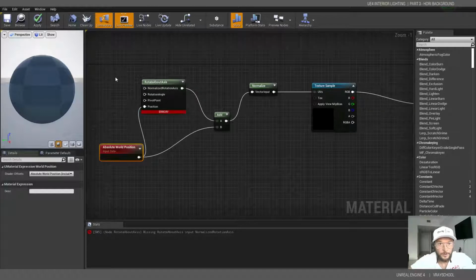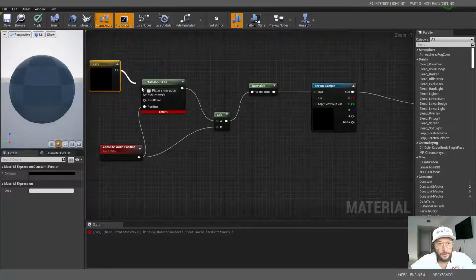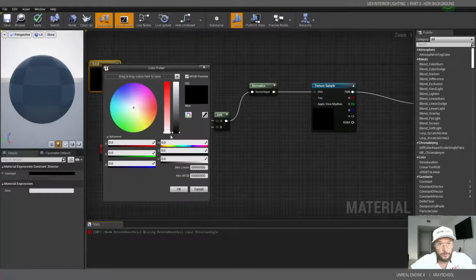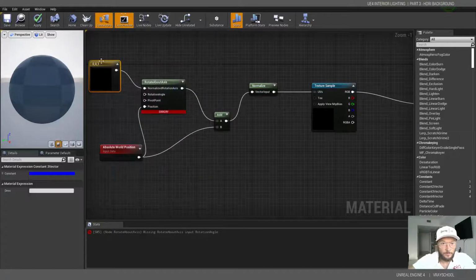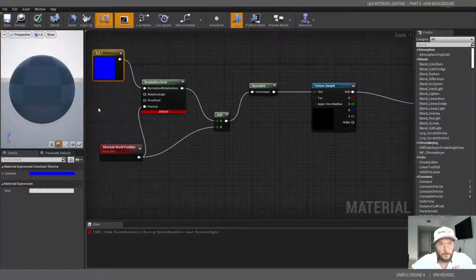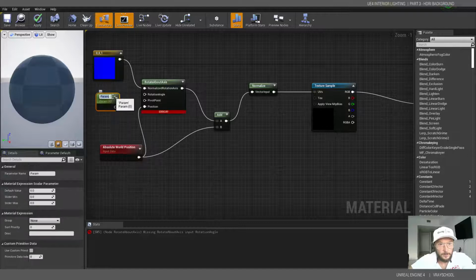Now here, I'm gonna click 3 and right click. So here we're gonna pull a normalize. Let's put a blue color. And here I'm also gonna put rotations. So I'm gonna click 1, right click, and let's convert this to parameter, call it rotation angle,